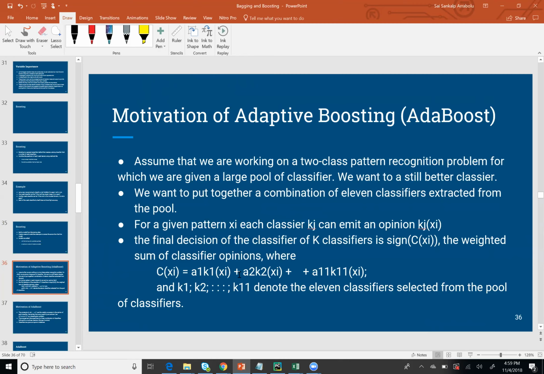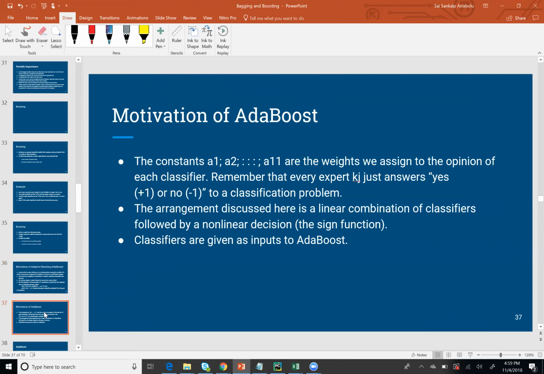How do we decide these weights? These weights are decided on the reverse order of their error percentage. The second one adapts from the first one's output. We give certain weight to that, and the higher the weight for the misclassified ones from the first output, the second one works on it, the third one works on the next one, and then finally we combine all of them into one